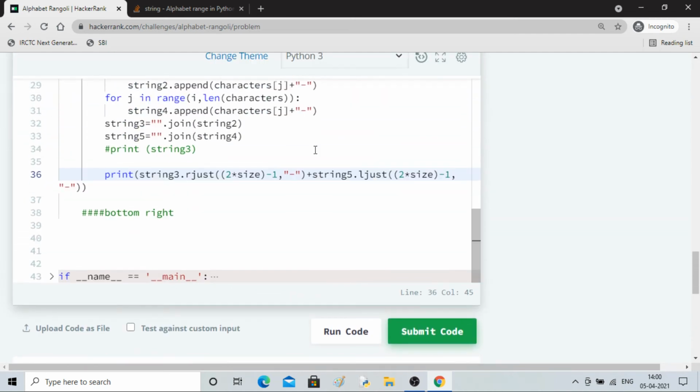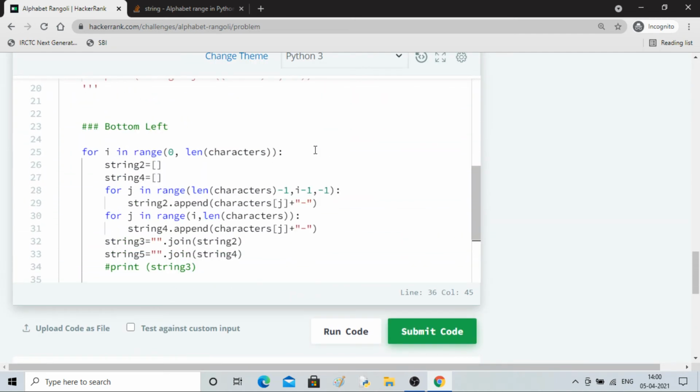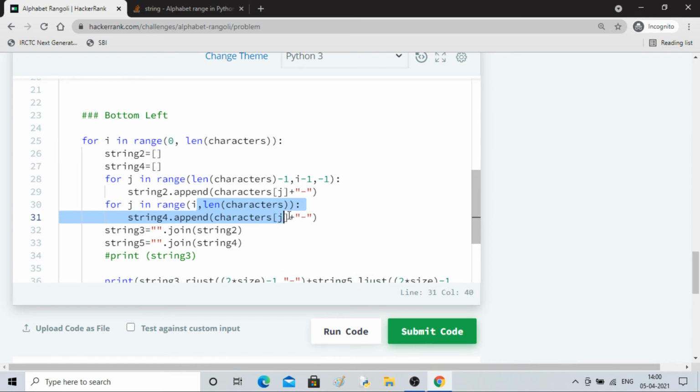So what I'll do is I'll have to change these things, right? So it will start from I plus 1. Let's do it now.